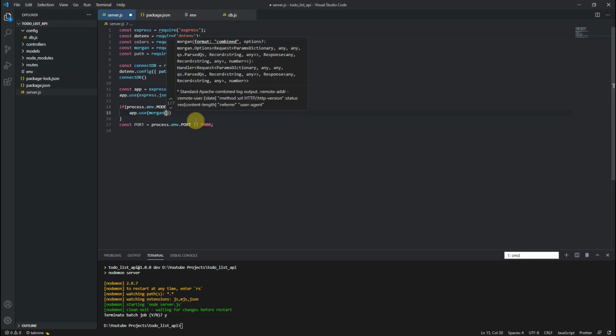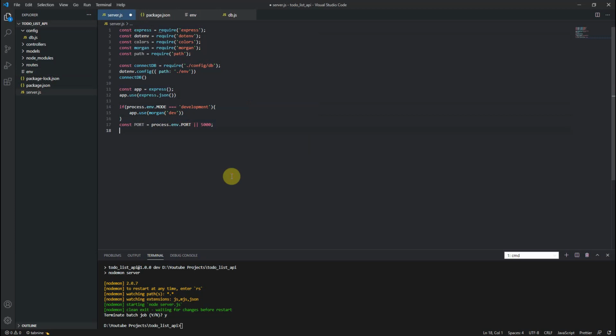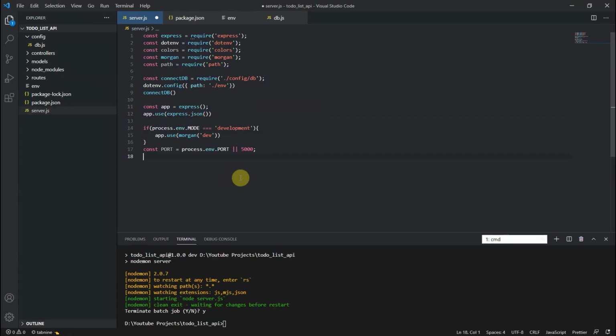Oh, I forgot one thing. Sorry guys, I actually forgot to zoom my VS Code. Now it's fine, I think. So yeah, it's done.